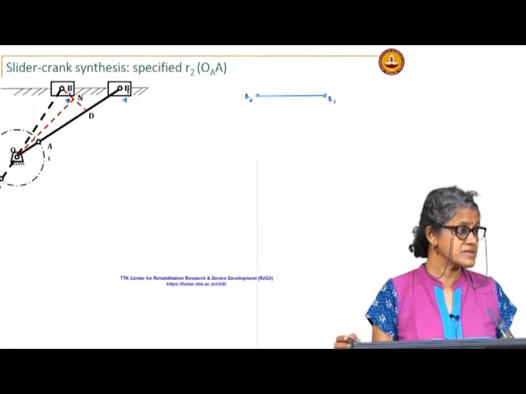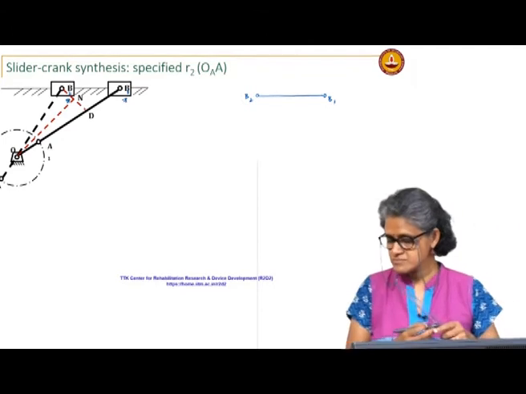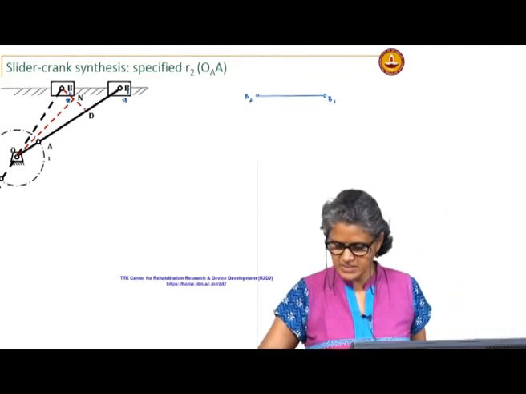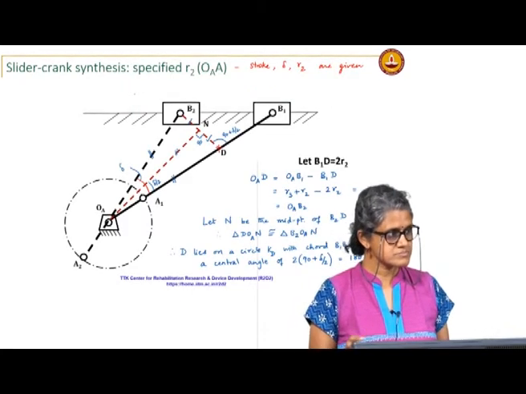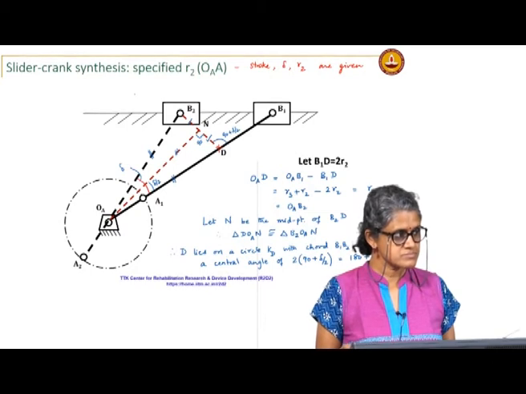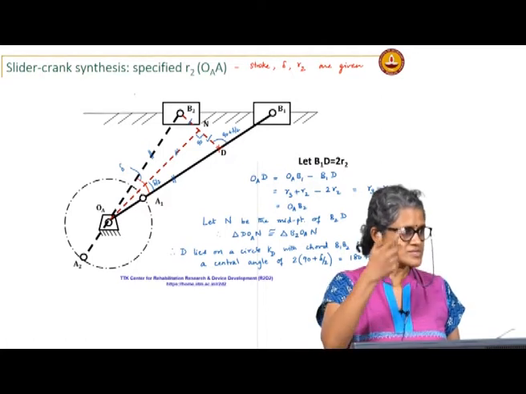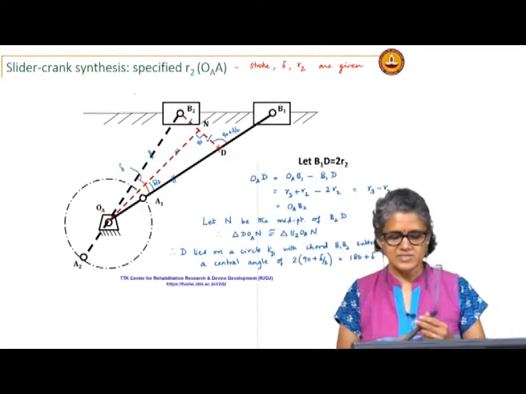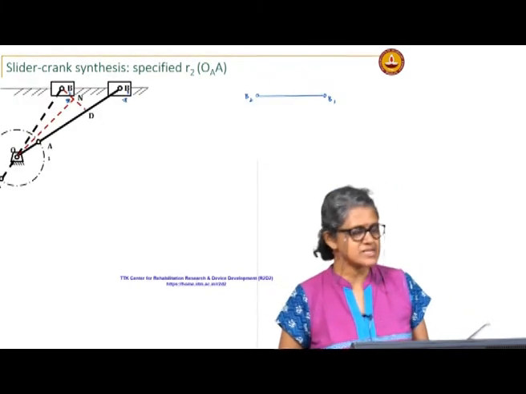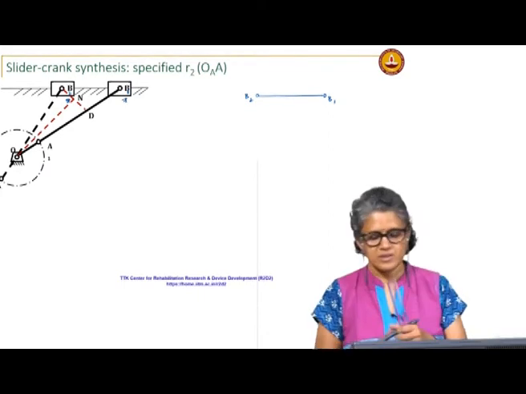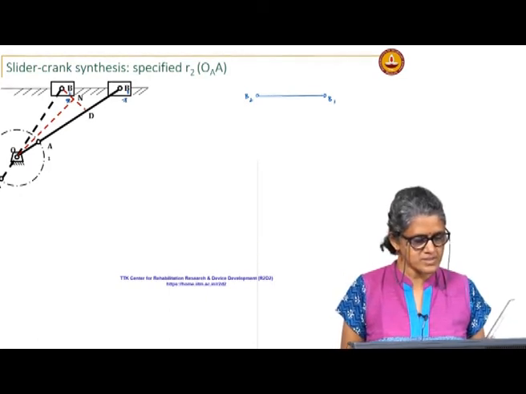Would the angle not be subtended 90 minus delta? Why would it be 90 minus delta? B2 subtending at D, and B2 subtending at the center, those two are supposed to add up to pi. So this would be on the other side. Yes, it will be on the other segment of the circle, because it is an obtuse angle. So it will be on the smaller segment of the circle.